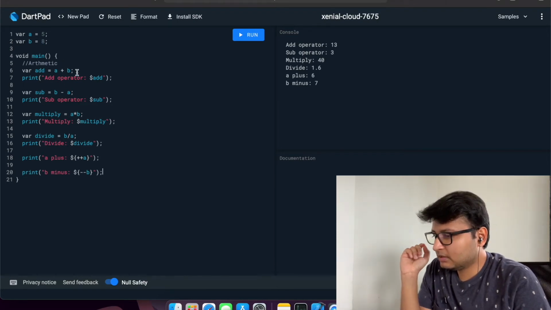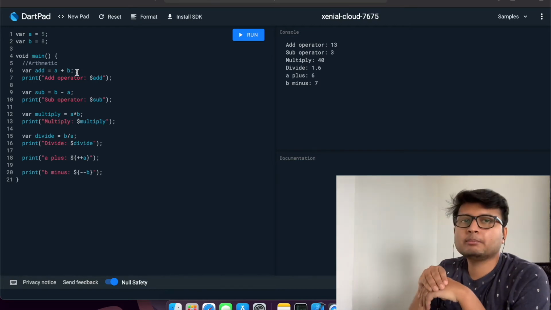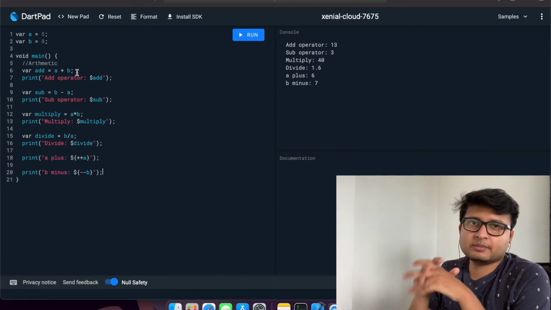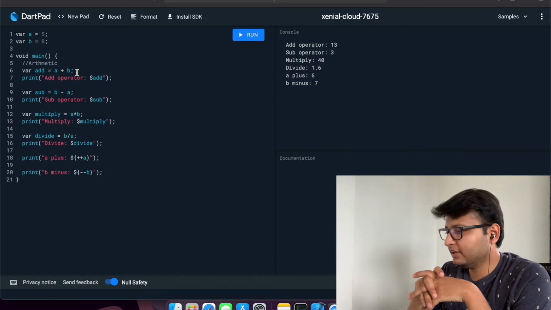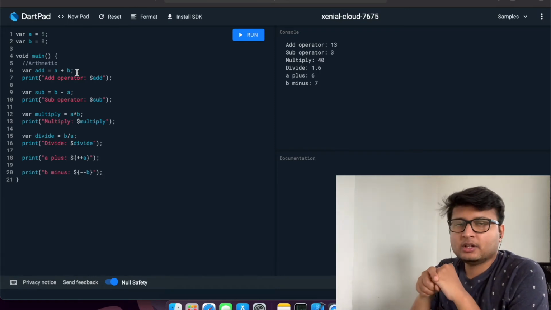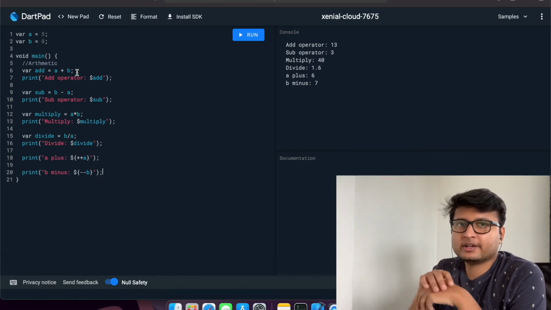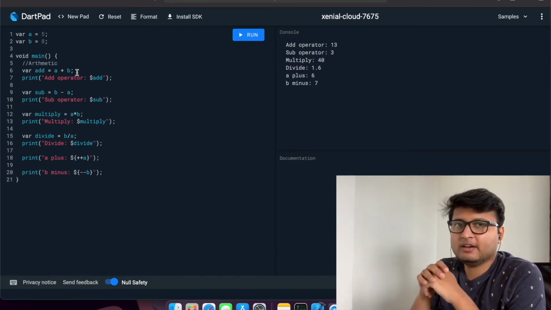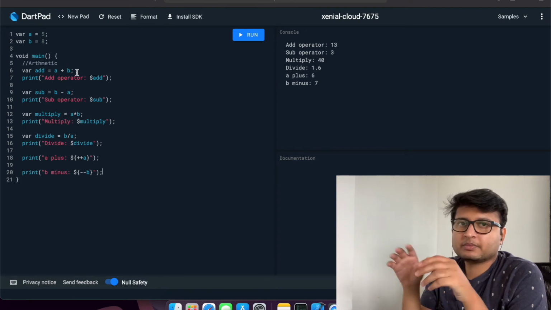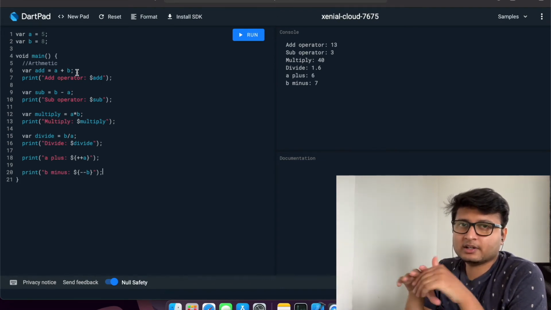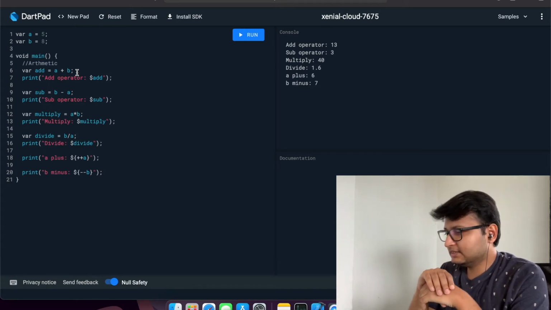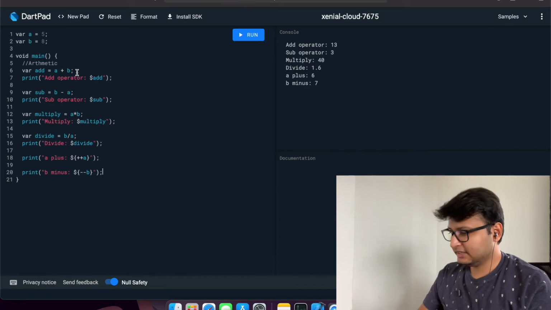Now these were the arithmetic operators. We have other operators like equality and relational operators. Suppose you have to compare two variables and print the greatest one. Suppose a is equal to 5 and b is equal to 8. Now you have to write a program which will print the greatest between them. So how will you compare? Here we have the comparison operator. It will compare which one is greater and which one is smaller as well.